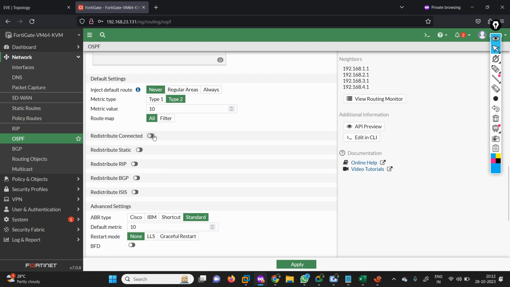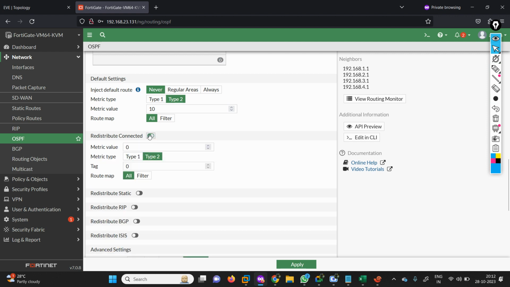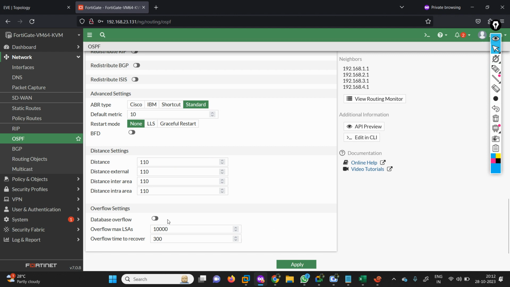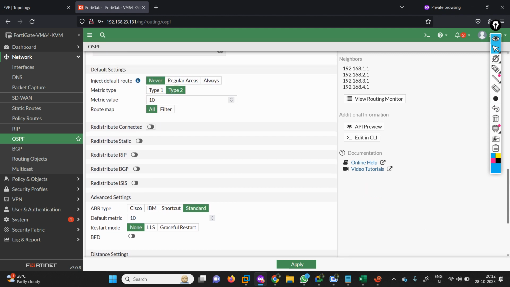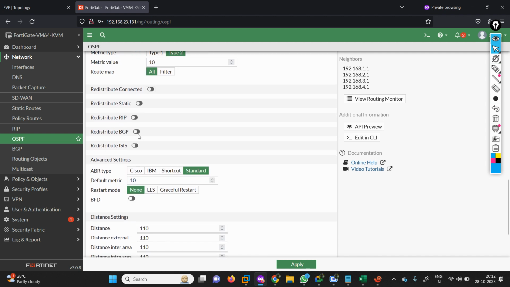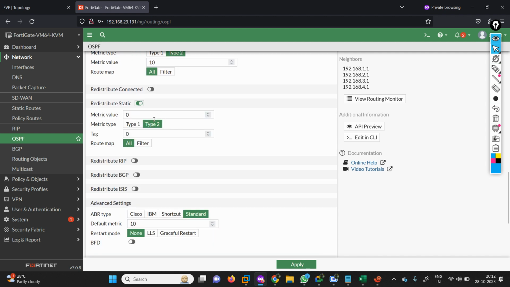So redistribute connected, okay? Or wait a minute, where is the option that we need to do? Advanced and those. No, no, no. It was not. Already everything is there. So we don't need to do this. Router is static, redistribute is static, okay? So by clicking this, we can,